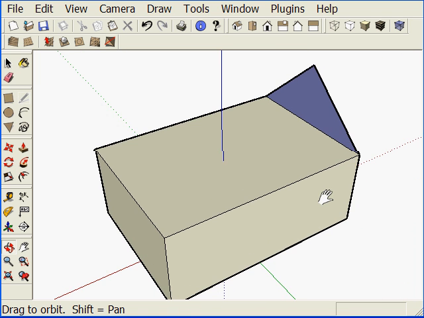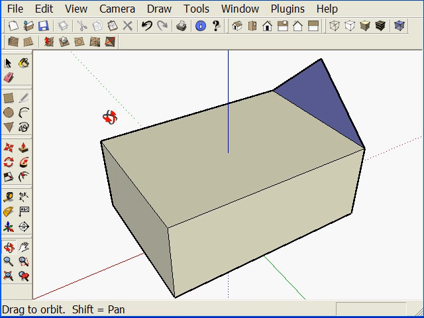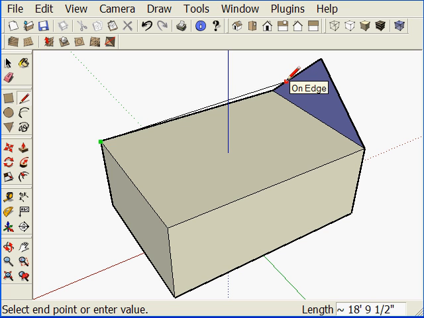We'll do another method here. I'll take the pencil tool and I'll start from this point. This time I'll touch on this edge on the other gable to tell it I want to draw parallel to it, and I move my cursor until it turns pink and says parallel. Then I just continue moving up the parallel direction